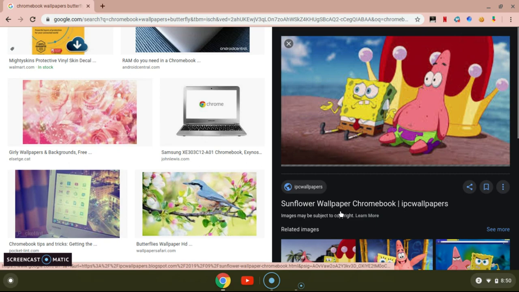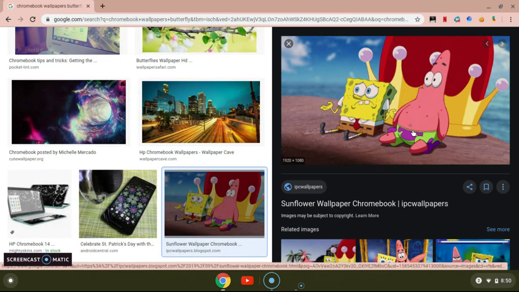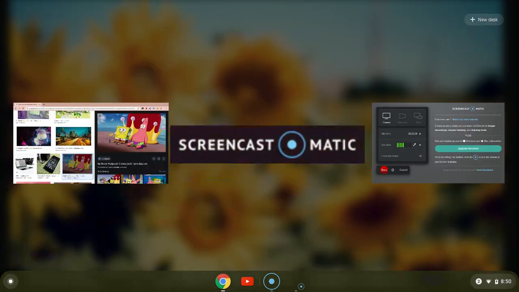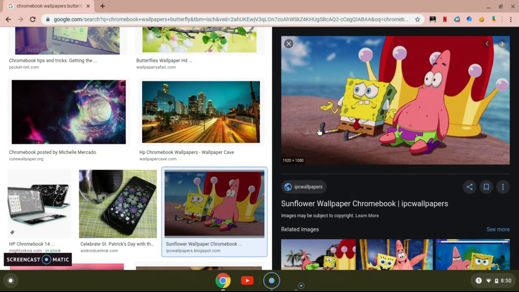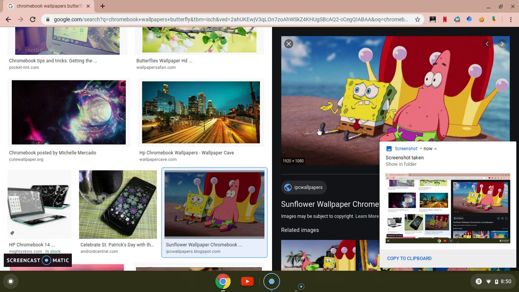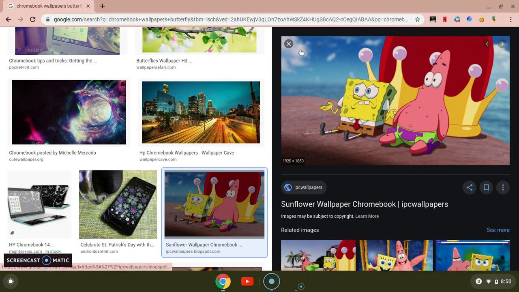So you go to the picture you want that fits your computer, and you press Control and this button that does this, both at the same time, and you put copy to clipboard. Then you get out of it,